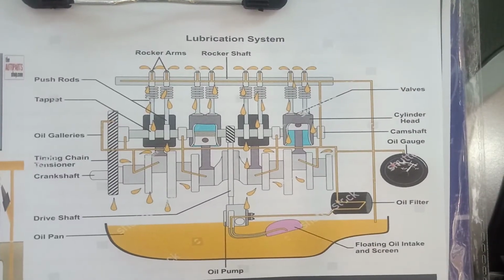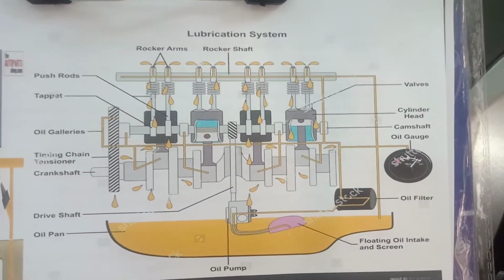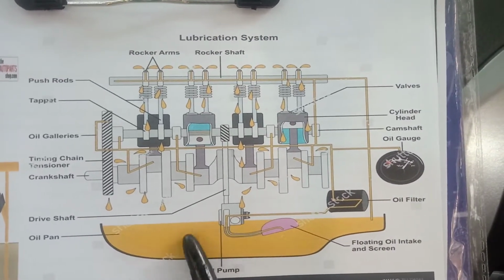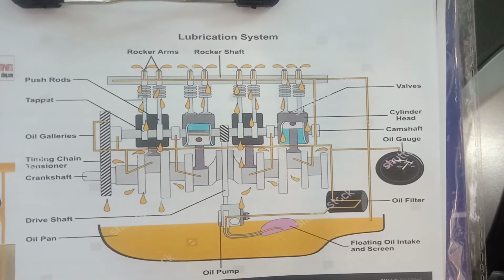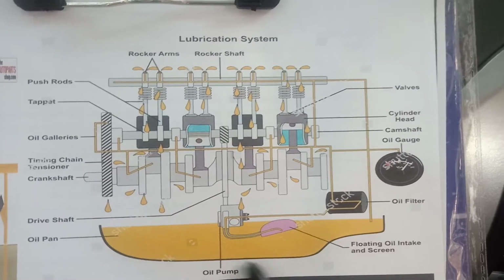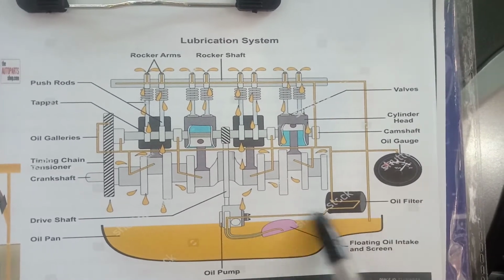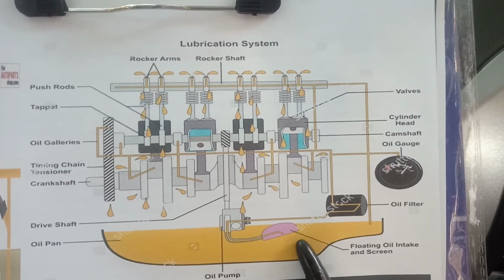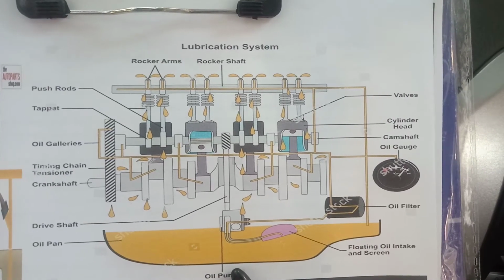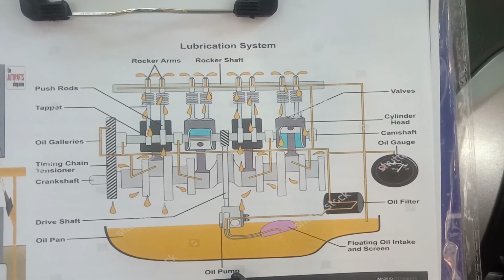Now we will see the different kinds of lubrication system. There are various kinds of lubrication system used in the modern IC engine. The first kind is the wet sump lubrication system. Why is it called a wet sump lubrication system? Because the sump is in the wet condition, that is, oil is stored in this sump. All the oil present in the engine is stored in this sump. This is the diagram of the wet sump lubrication. Now we will see how the wet sump lubrication works and what its advantages are.